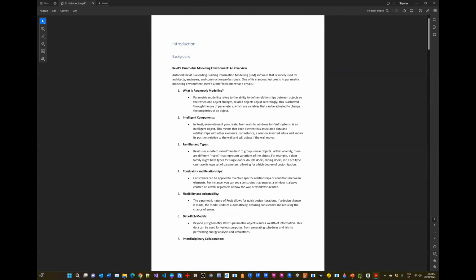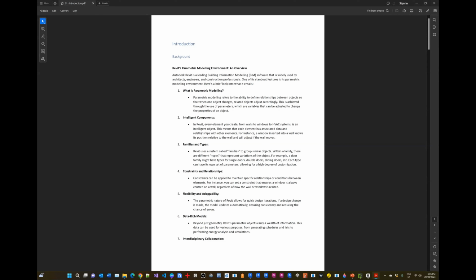All right, now let's just jump back to the background. Constraints and relationships. So we saw that we can attach elements to other elements, such as walls connecting to grid lines. And when we move those grid lines and we've created that relationship, then the associated entities will move along with them. The parametric nature of Revit allows for quick design iteration. So yes, we can set up multiple design options and changes, and a change anywhere is a change everywhere in Revit, meaning that we cut out that manual labor part of updating drawings as we would traditionally using a CAD